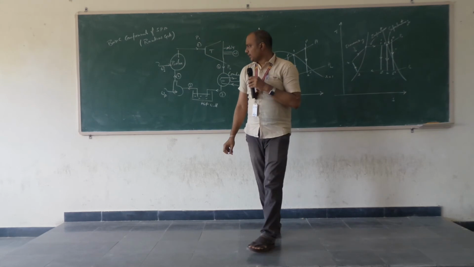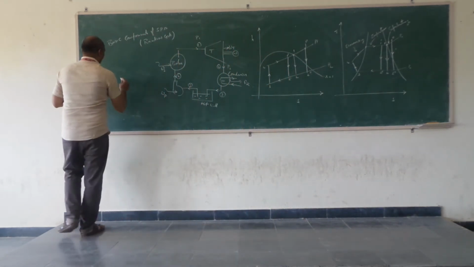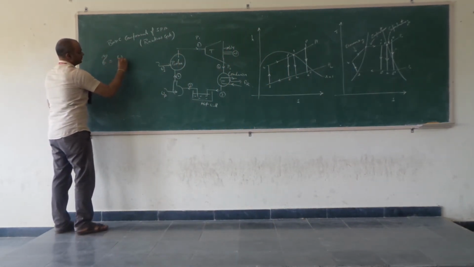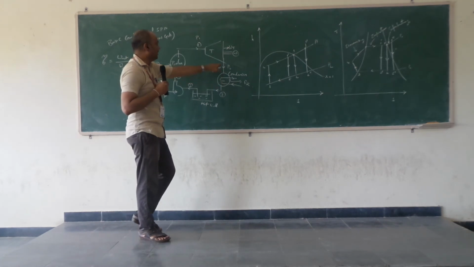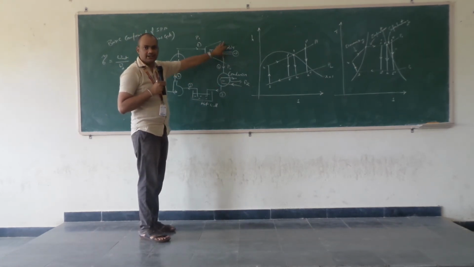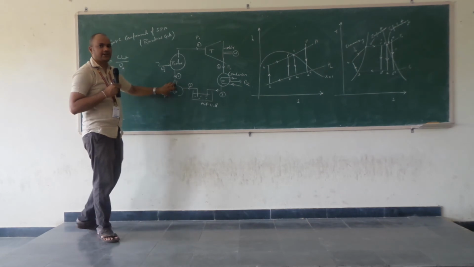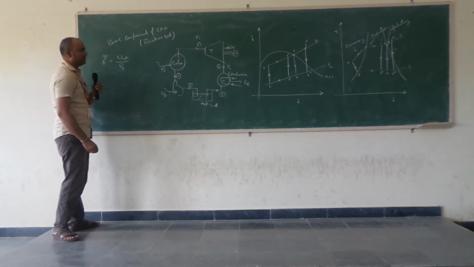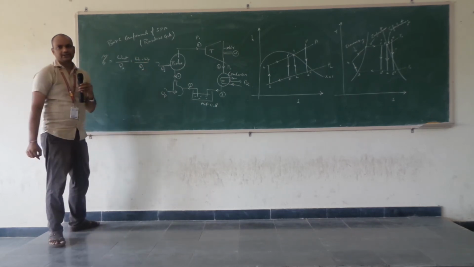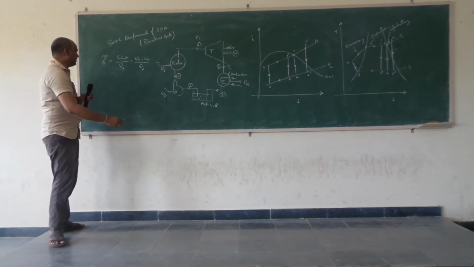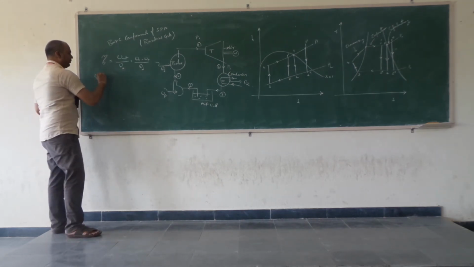Finally, we can get the efficiency of this cycle by utilizing the formula: work done by heat supply. We are supplying heat inside this boiler and we are rejecting heat inside this condenser, where we are getting work from the turbine. By utilizing this work only, this pump is also running here. So that's why net work done is equal to work done by the turbine minus work done by the pump, divided by heat supply. Okay, by applying the SFE equation, the steady flow energy equation,